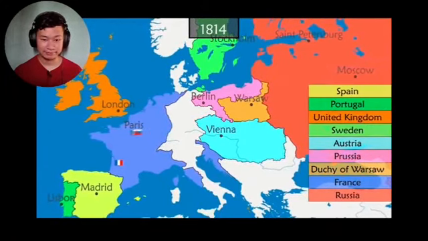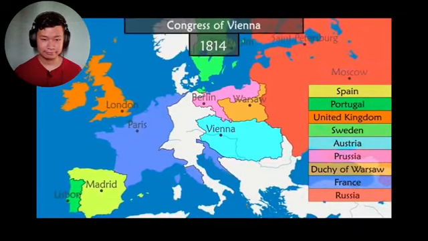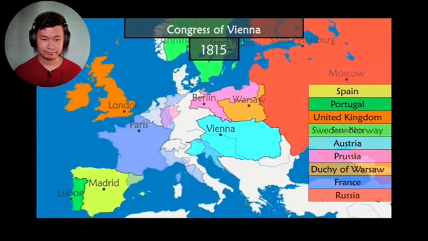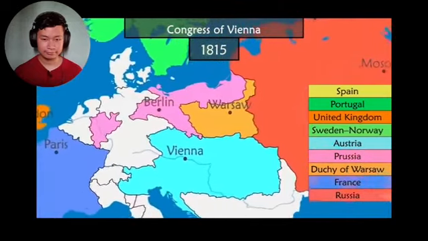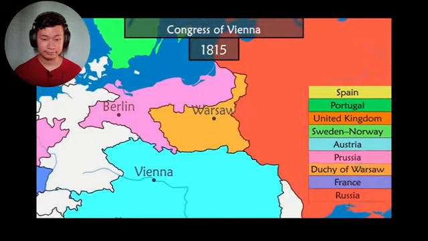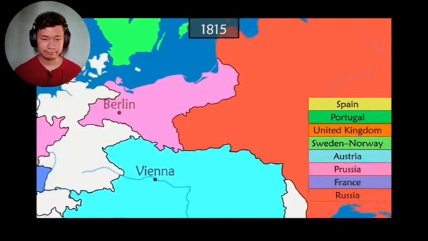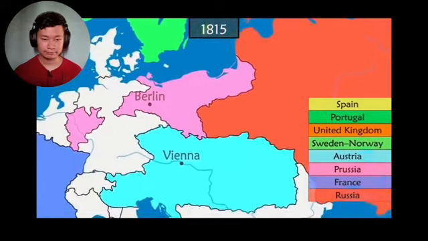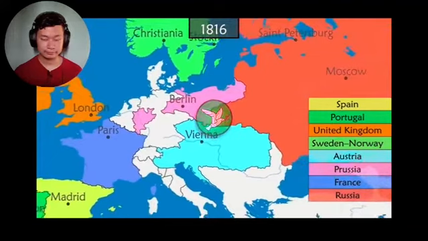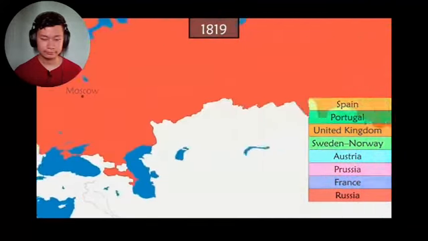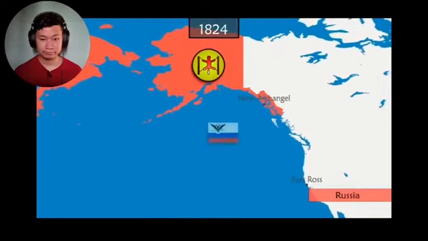Alexander I and his allies enter Paris and obtain the abdication of Napoleon. In Vienna, the victors meet to draw new borders for Europe and restore the monarchies. Alexander I, having played a major role in the fall of Napoleon, acquires a large part of the Duchy of Warsaw, which retains a certain autonomy. In addition, that same year, he creates the Holy Alliance, whose mission is to ensure peace in Europe. Russia triumphs on the European level. Meanwhile, in America, the fur trade develops under the influence of the Russian-American Company.